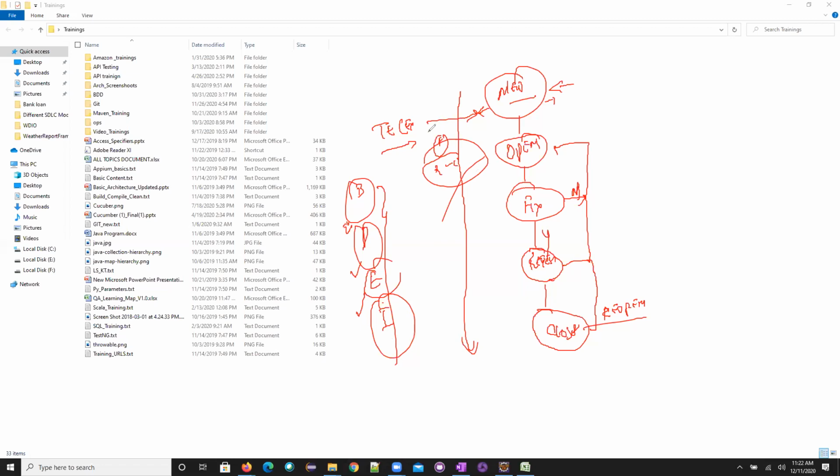As I told you, when you're doing the execution and a test case fails, it is pointed back to this new state, and this particular bug will be logged into the bug management tools. We have many bug management tools: either in Jira you can log it, or Mantis, or Bugzilla. There are many tools available.